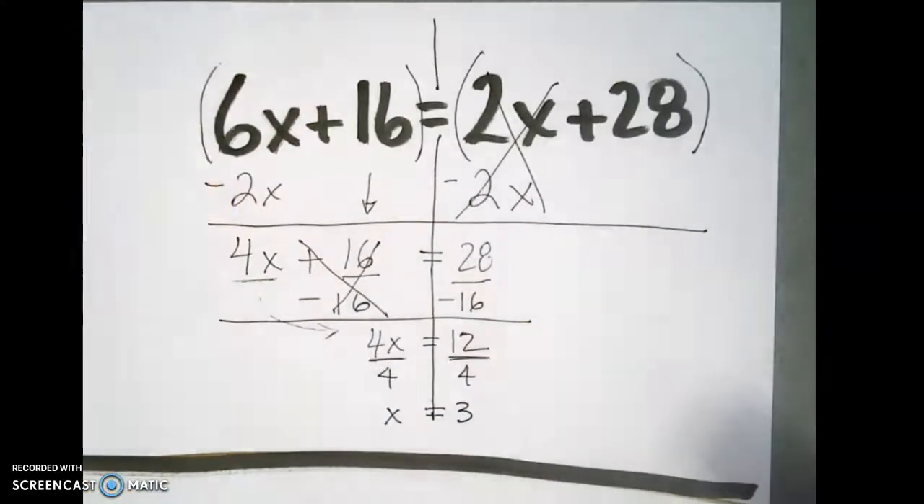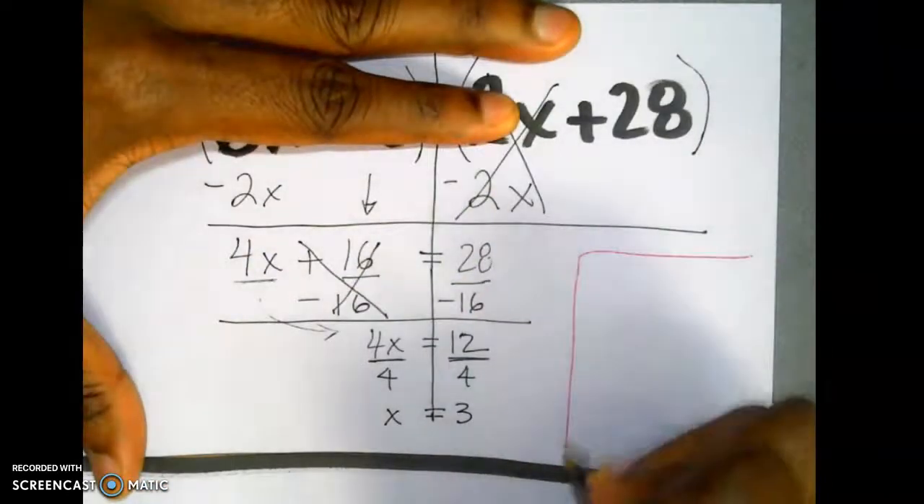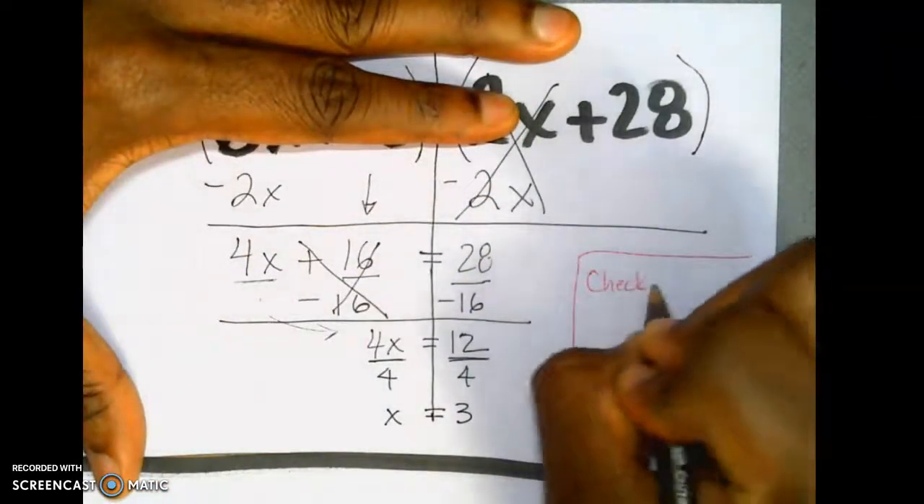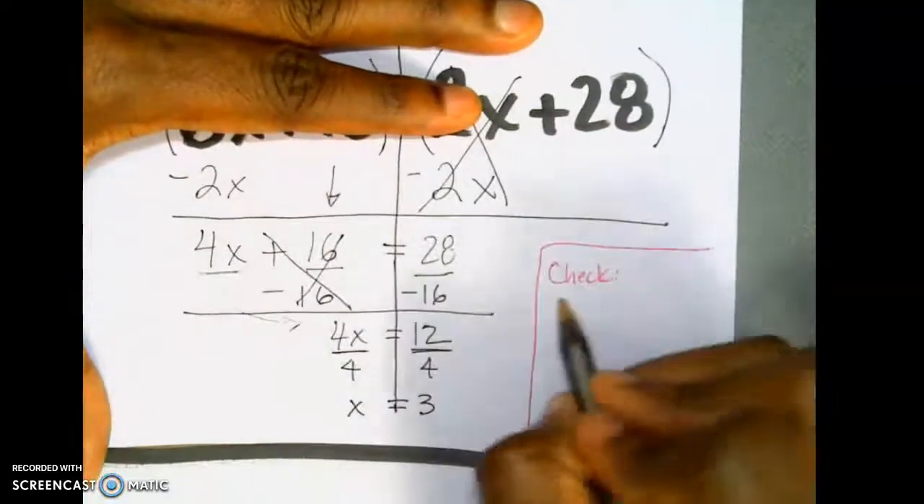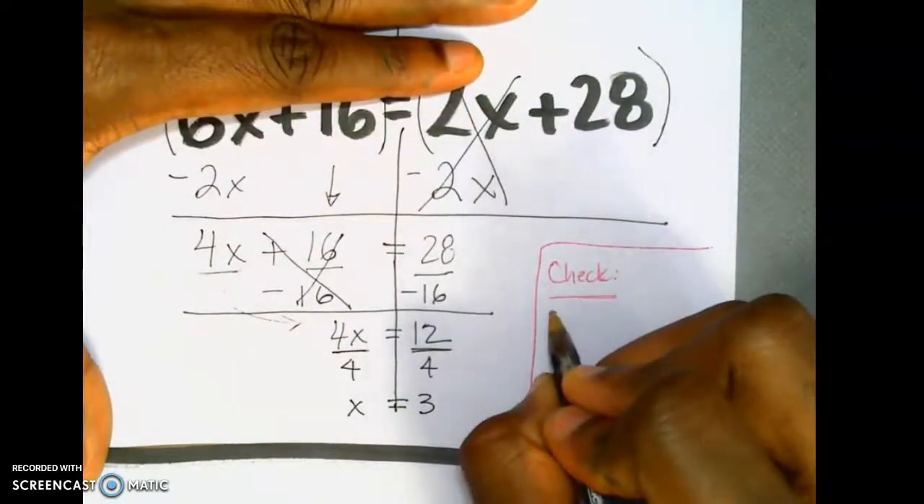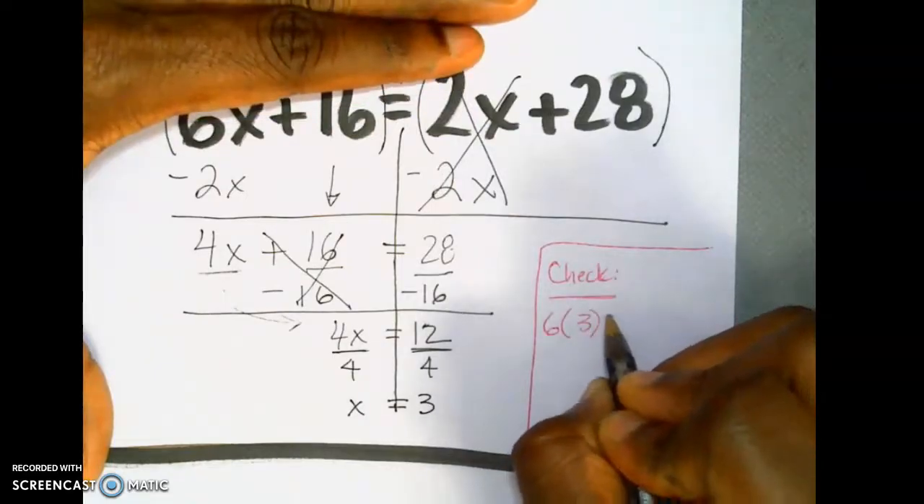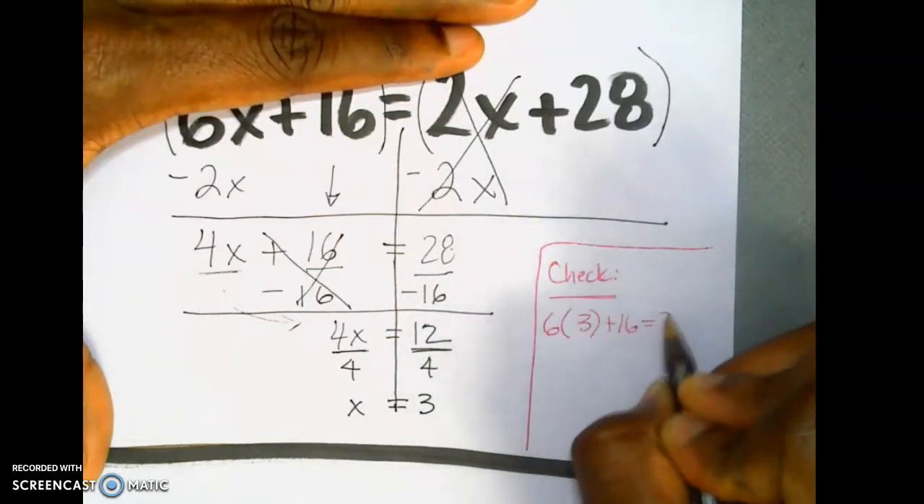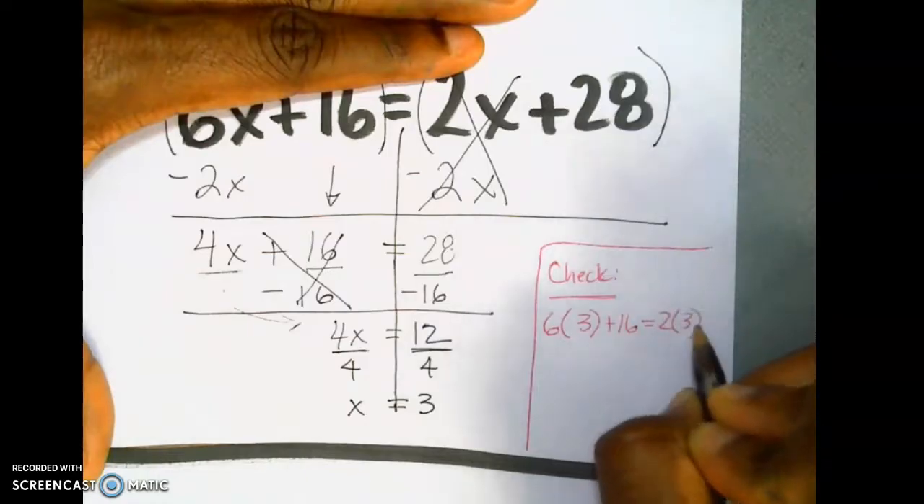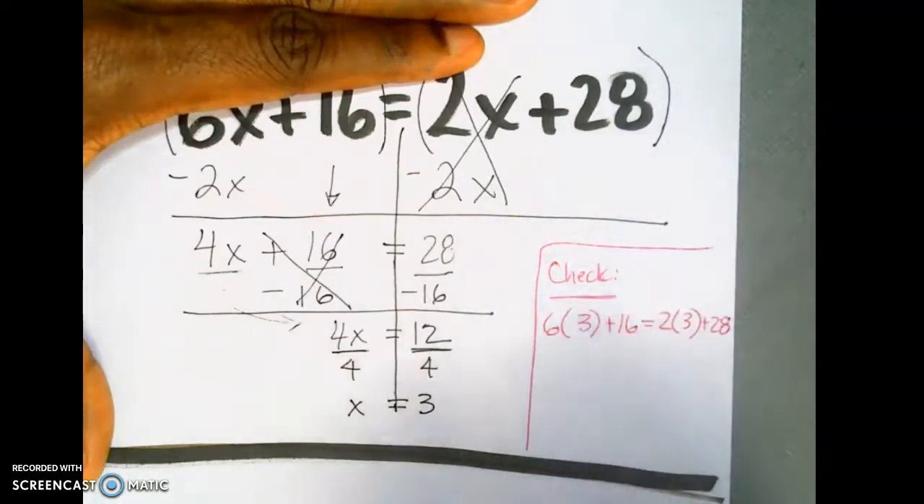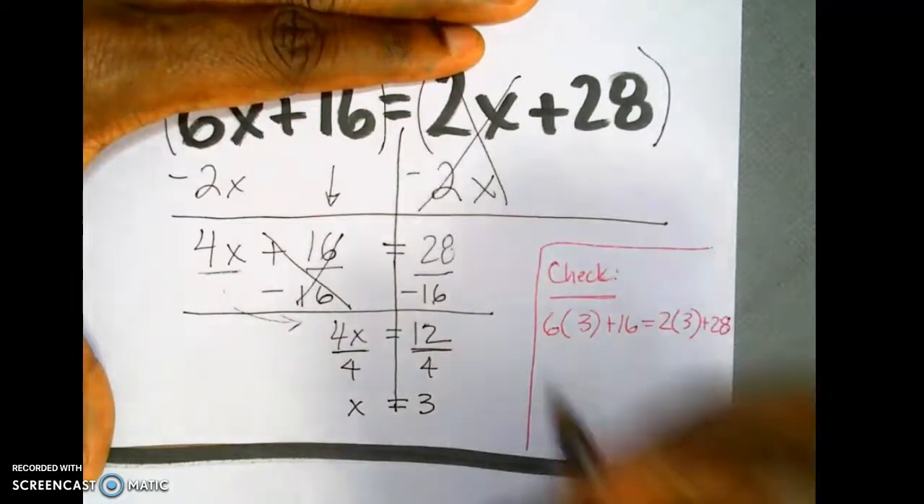If I was to go back in and do a check, everybody, which I should be doing, I'm going to do my check over here on the side. Okay, I'm going to change the color of the ink. Hopefully that is visible. So I'm going to take my original equation, plug in the value that I found, and when I say plug in, I'm just going to substitute that value for x. I'm going to continue to drill down and simplify. This becomes